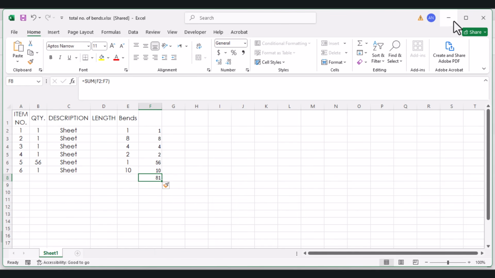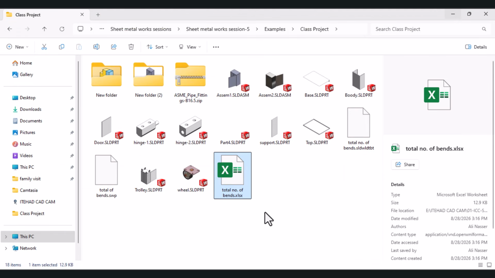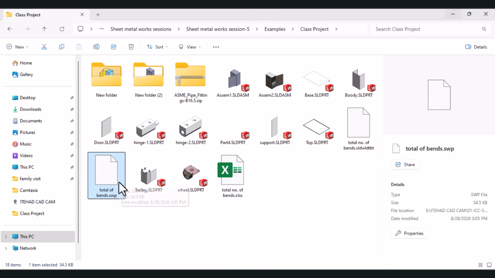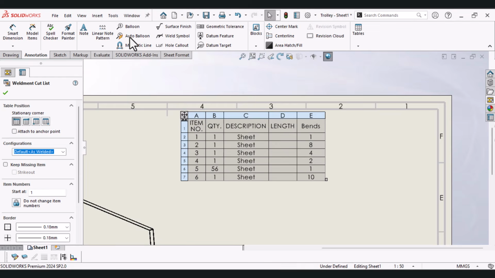That's all about how to calculate your total bends in your design, but I have another way. I have implemented a macro to calculate the total number of bends in just one click. If I return to my design, like here,